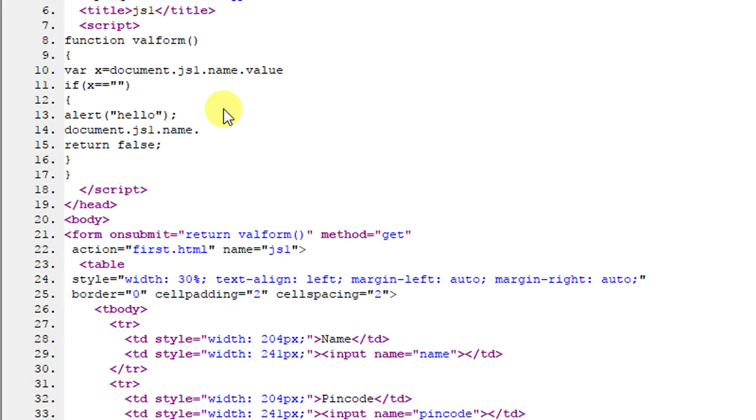Dot, not value now, because I don't want a value like here. I want to go to that particular text box. So what we will do, we will write here focus. That is another inbuilt method or function of JavaScript.